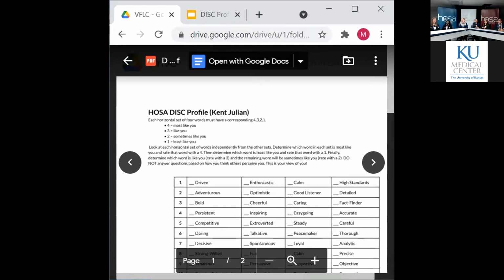As you can see, here's the graph that's going to show you which one of each group you are. So there's drive, influence, support, and correct. And then we'll explain those after you see this quiz. We're going to give you about 5 minutes to go ahead and fill this out. If you already have it filled out, that's awesome. Just hold on to that, and then we'll be unmuted in a couple of minutes. If you have any questions, just drop them into the chat, and we can clarify anything you missed.